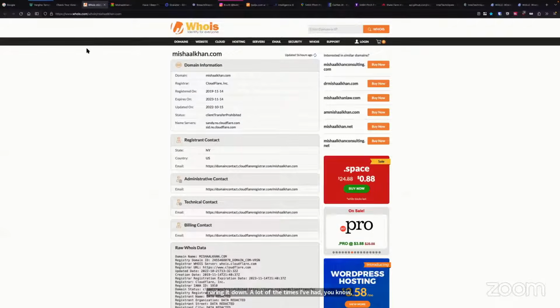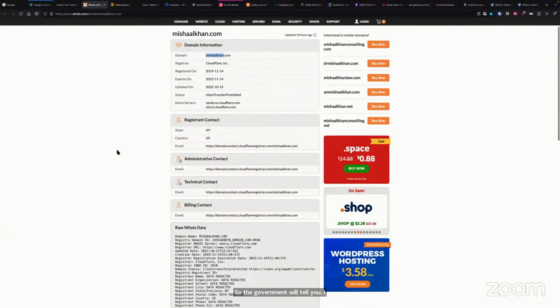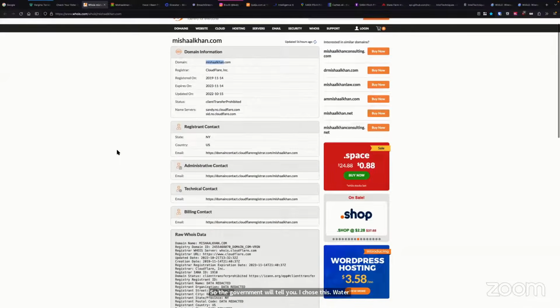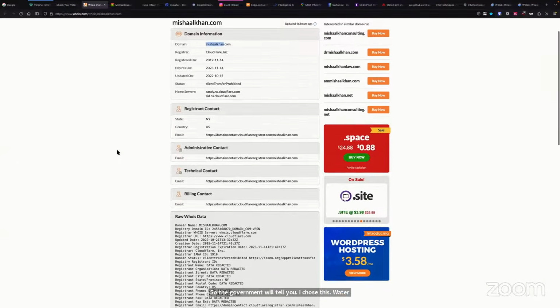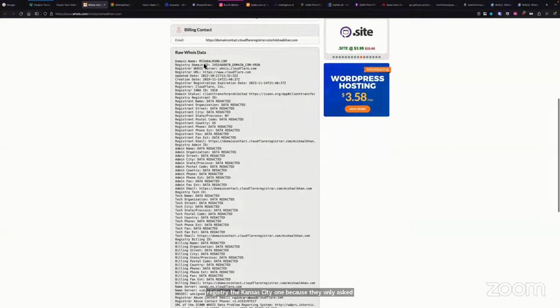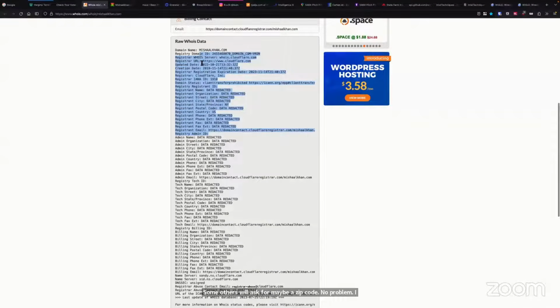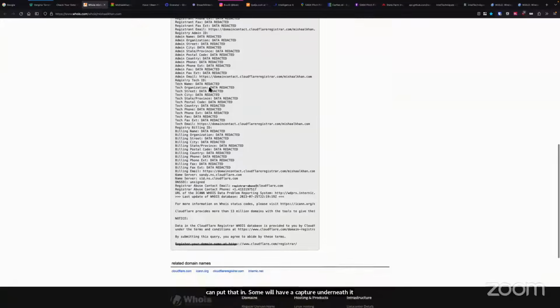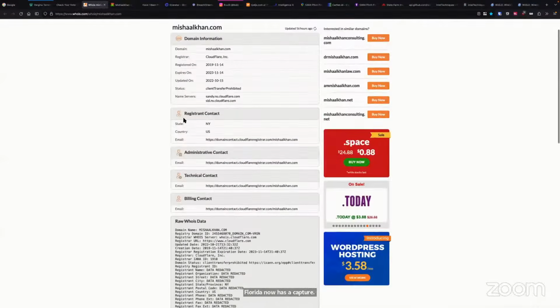So let's pick a different target now. Let's pick me, mishalkhan.com. So let's see who's registered this website. Part of the OSINT thing is, this is network-based OSINT, looking at DNS records and stuff. If I look at someone's whois records, most of the time they're going to be redacted like this. This is a live whois record. You can go on terminal, type whois domain name, you'll get the same thing.